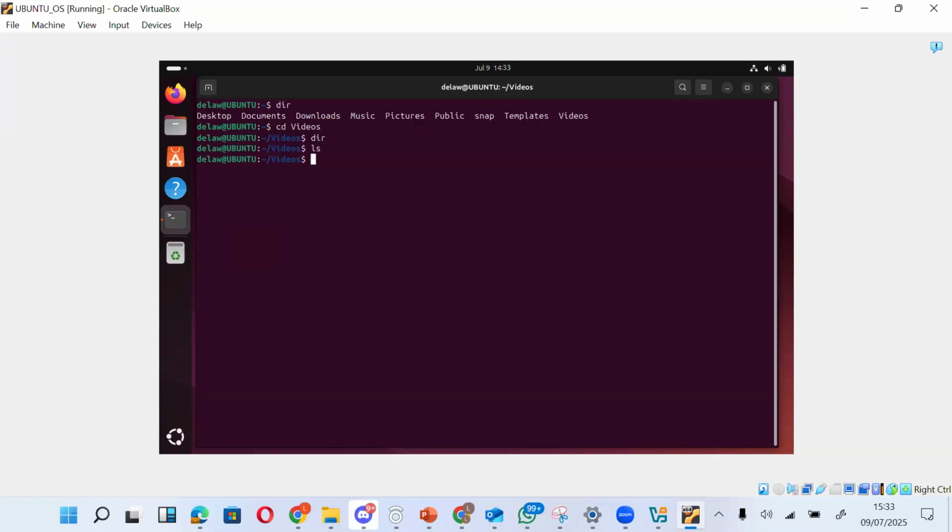So I'll say dir. dir and ls seem to be doing the same thing. ls is the list. I know of ls, but I wanted to try dir somehow. Magically, the thing worked. But the correct